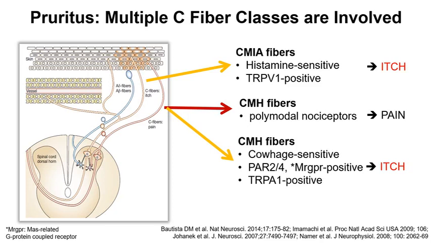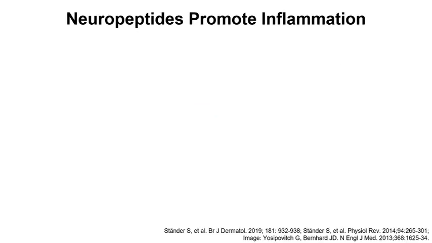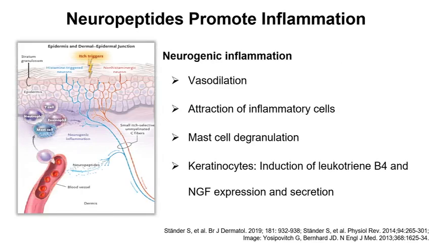They have also special receptors like the PAR2 receptor or CYP1 receptor, which may help in the generation of itching. And also in between now, the A delta fibers have been demonstrated that they can transmit itch. So these fibers are usually or were originally described for their generation of pain, but they can also sense itching. So we know that many fibers of the skin can generate itch signals.